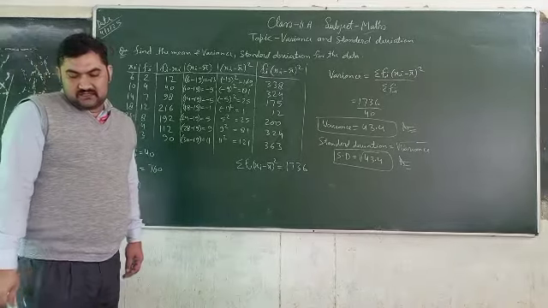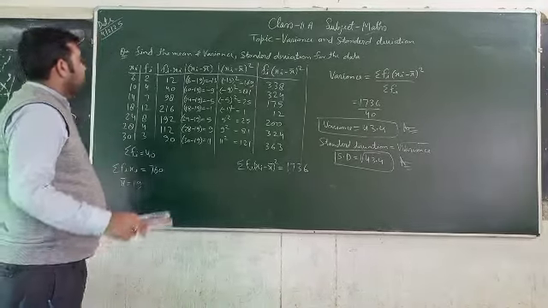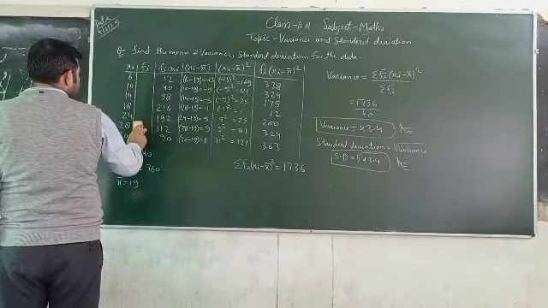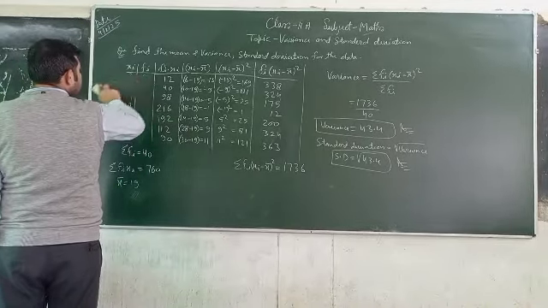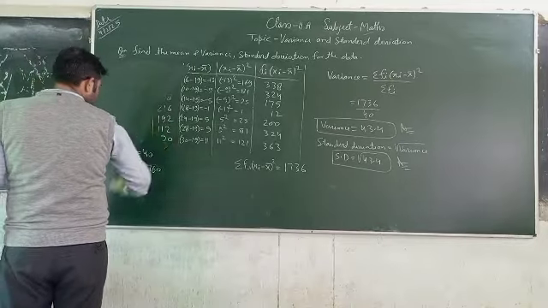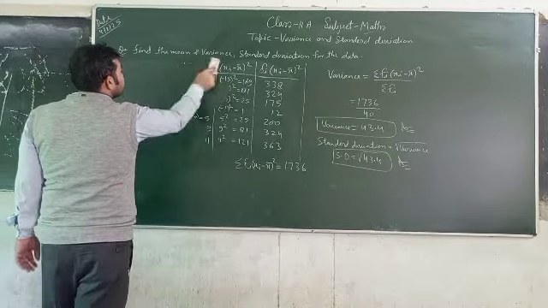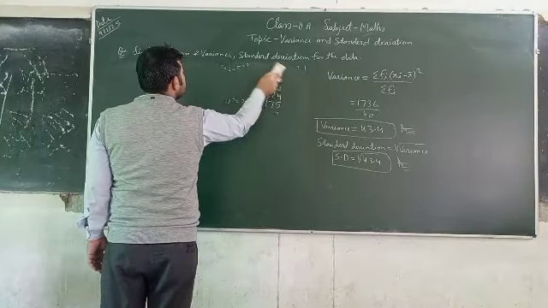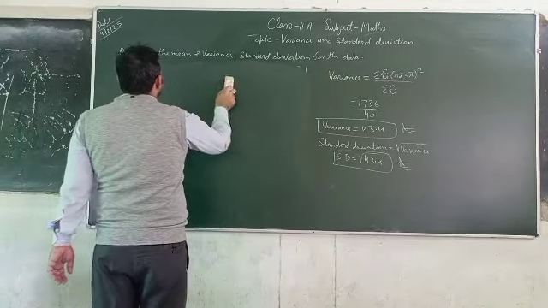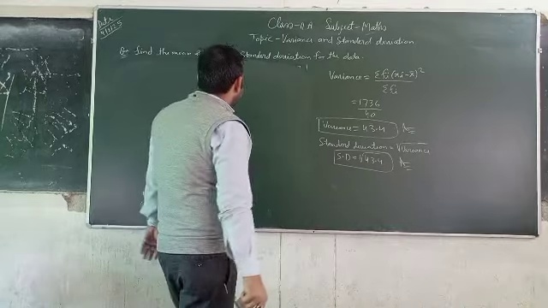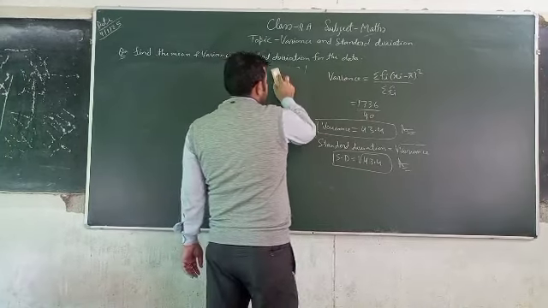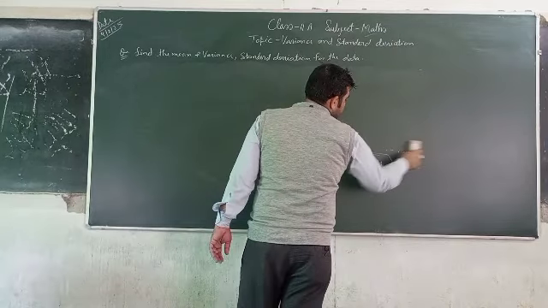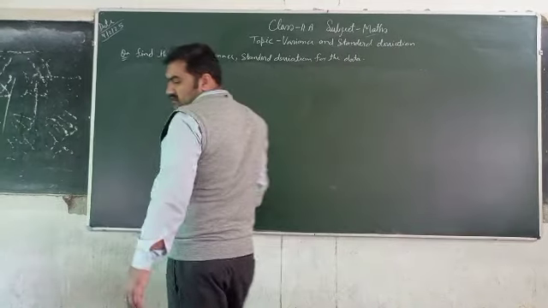And now the second question is, find the mean and variance and standard deviation of the data, and data are given, that is Fi and Xi